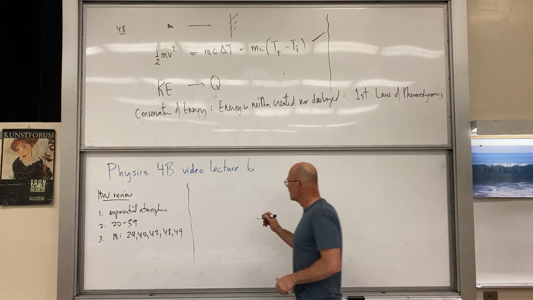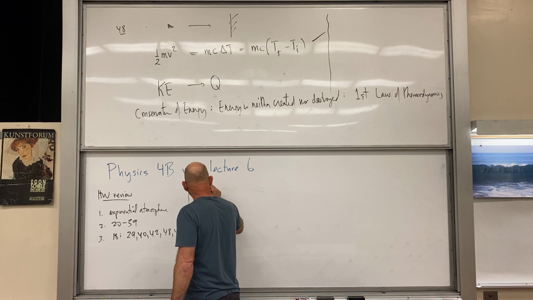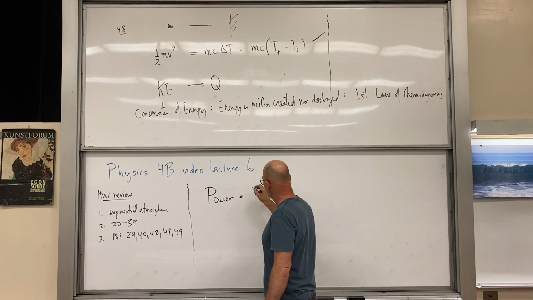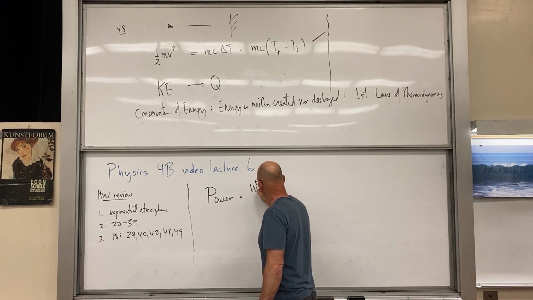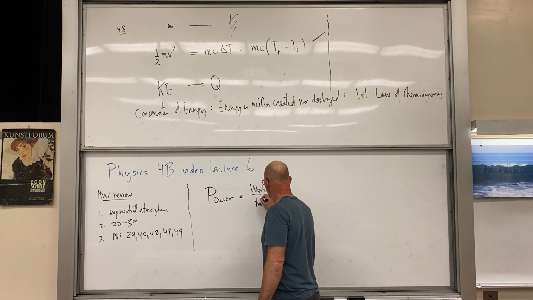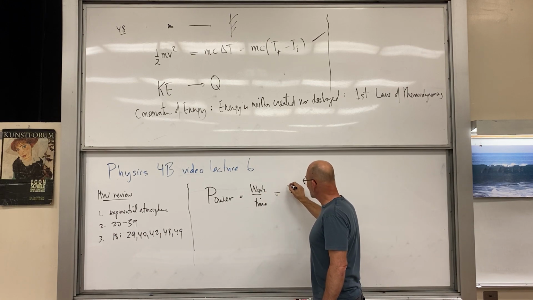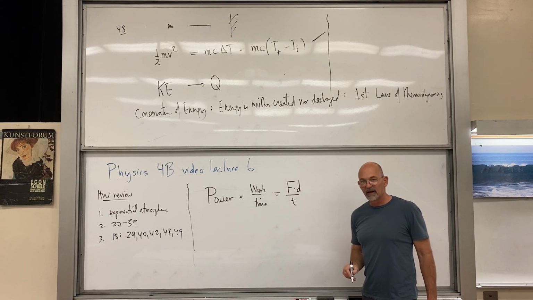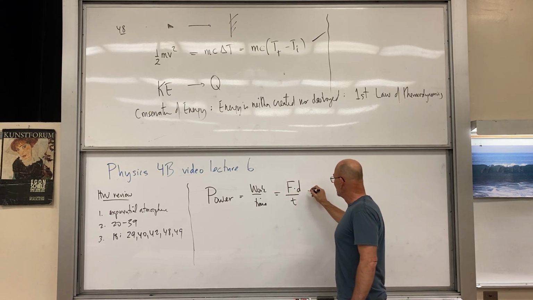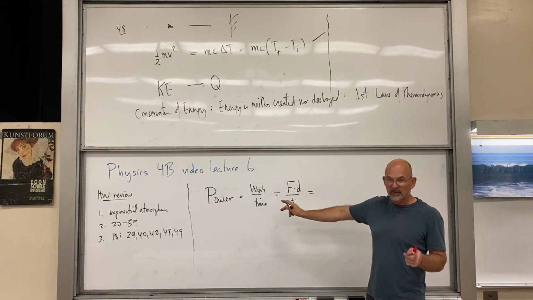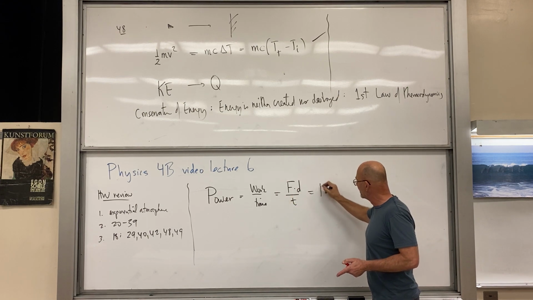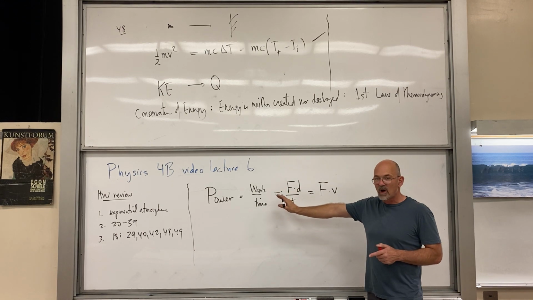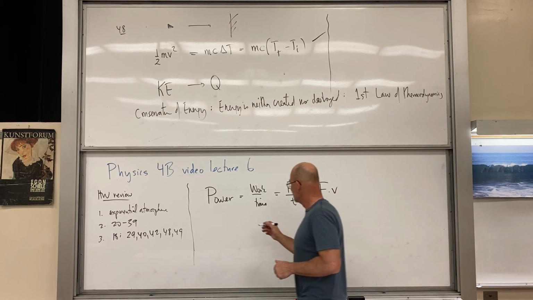Okay. So here's the thing. We're going to talk about energy dissipation, power. That's work per time. We can also call that force times displacement. I'll just keep going here now in symbols, divided by time, okay? Force times displacement divided by time. And you can say force, they're talking about an average speed, so force times velocity. So that would be power. That would be measured in watts, okay? So we have power